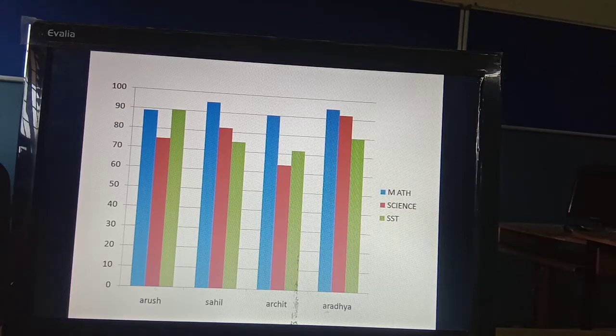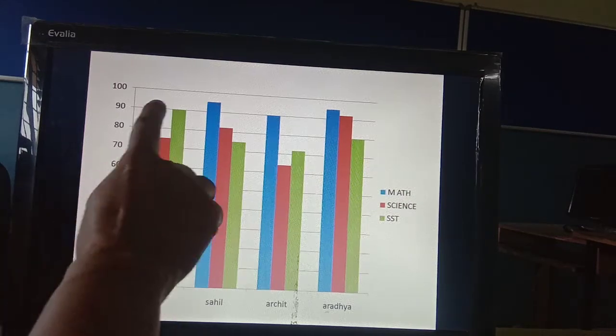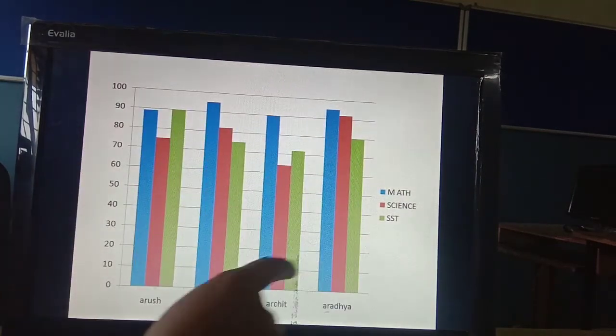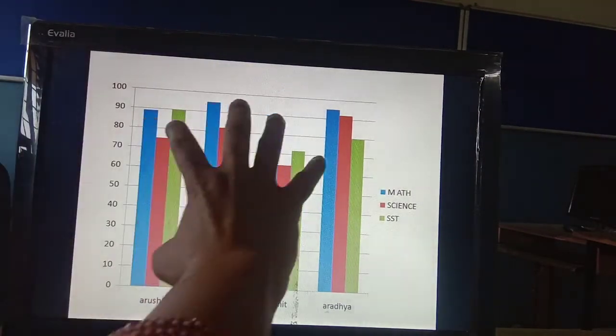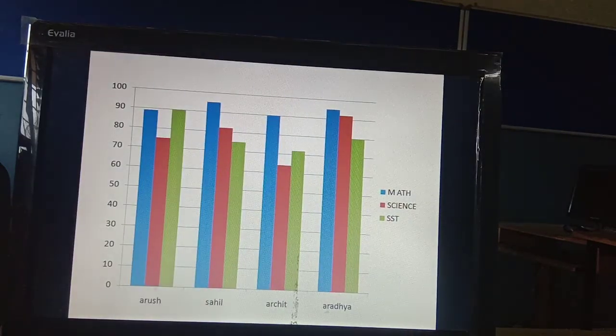Now next is the plot area. It is a window within the chart area that contains the actual chart itself. The window in which your chart is displayed is called your plot area. This is your plot area, this is your chart area. Let me show you in that window.